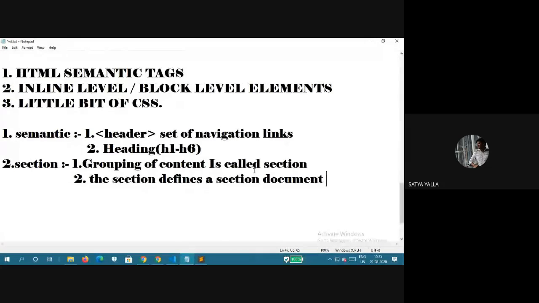When we are opening the section, we have to mention the articles. When you observe the diagram, the header is the top of the table and the section is the middle part. In the section we are having an article and the aside. Aside is nothing but the category. It's nothing but the links. I will explain to all, no problem.